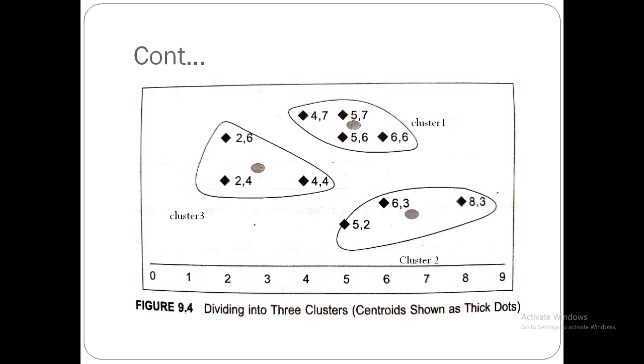Cluster 1, cluster 2, cluster 3. Here one cluster, here one cluster, here one cluster it is going to form. Once again we have to find the centroid. This is one centroid. Here for this cluster it is one centroid. For this cluster it is going to form another cluster. See, our solution, we got 3 clusters. The cluster on the right is far from cluster 2. The cluster on the right is far from this cluster. All are far from each other.